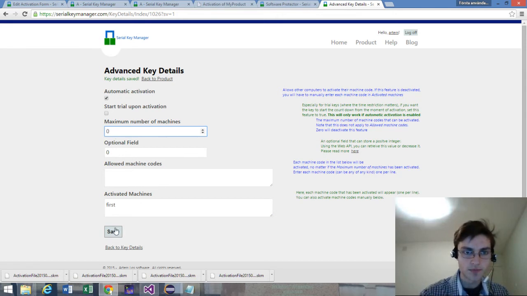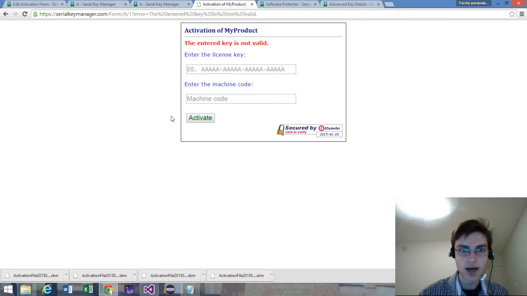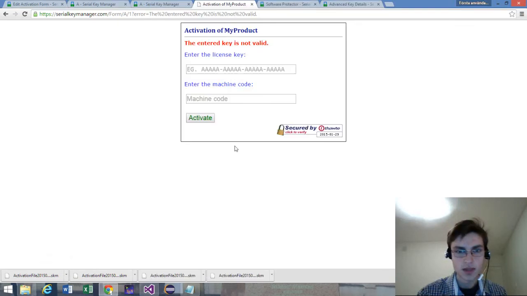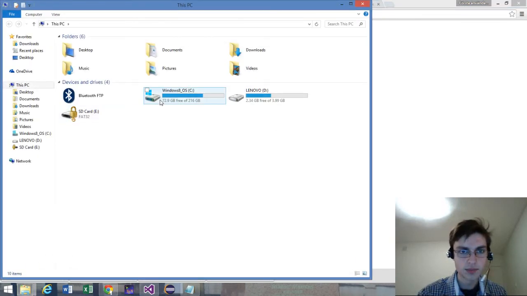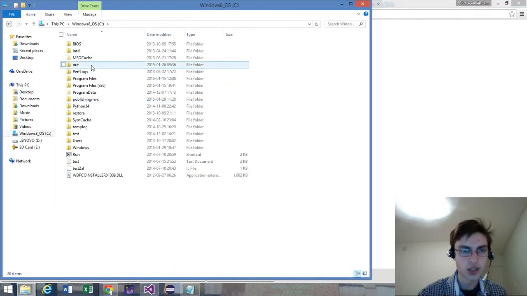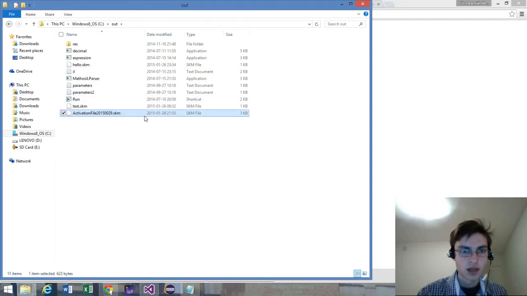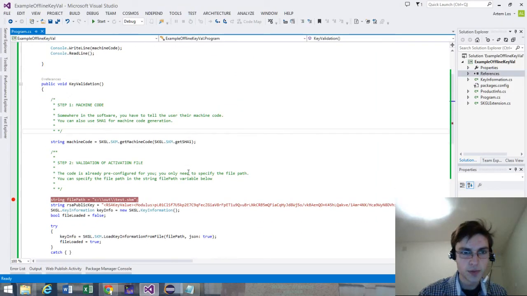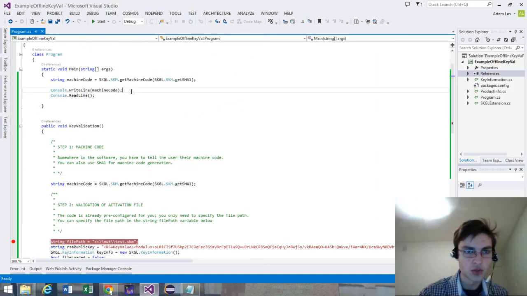And now, okay, so we've generated quite a lot of files, and I think the recent one here, this one, is the one we're supposed to use. So now, as you can see, we can go to the folder, just put it somewhere, activation file, like this. Now, instead of putting the machine code, I'd like to start